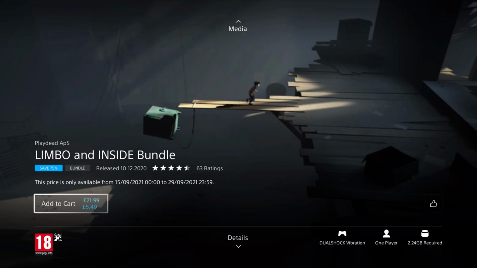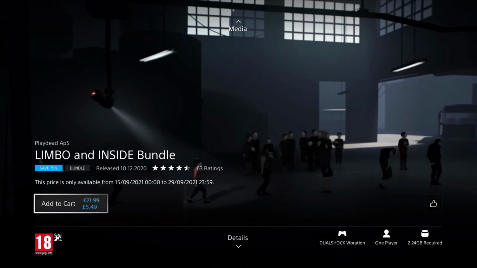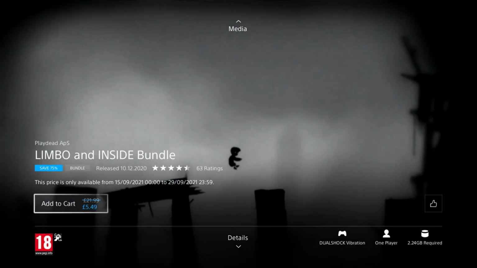acclaimed games. These are both puzzle platformers, and in Limbo you enter a dark and eerie world full of puzzles and creatures to search for your missing sister, while in Inside you play a boy who gets involved in a similar world that contains a dark project hidden within. Both of these games did really well when they came out. They got great reviews and everybody seemed to love them, and this is a really good bundle to get both